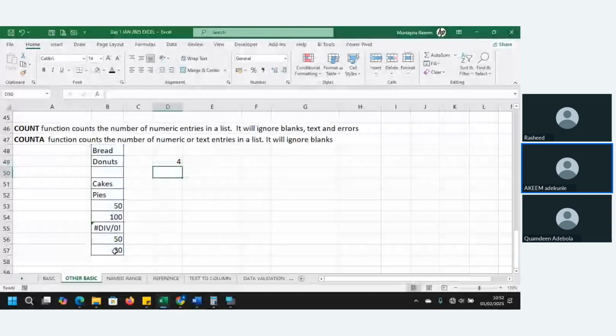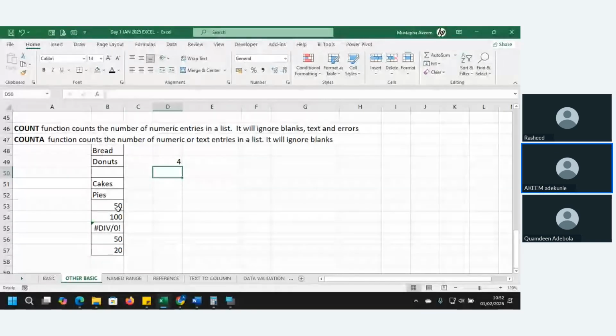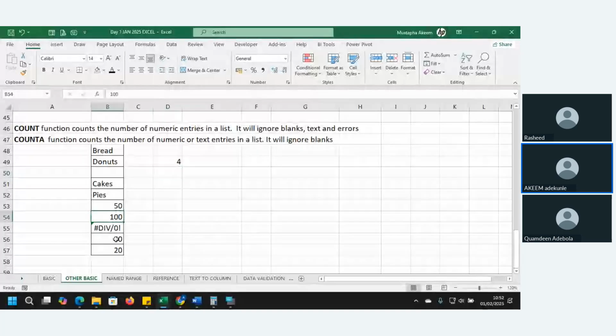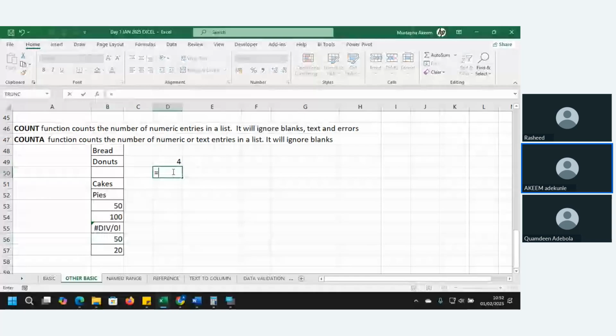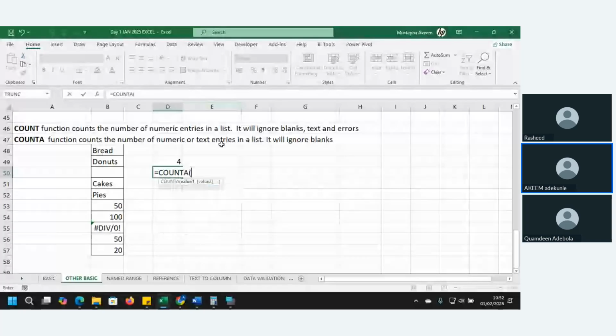Because it only counted the valid numbers: 50, 100, 50, 20. But if you use COUNTA, it will count all cells except blank cells. Any cell that has something inside it will be counted.